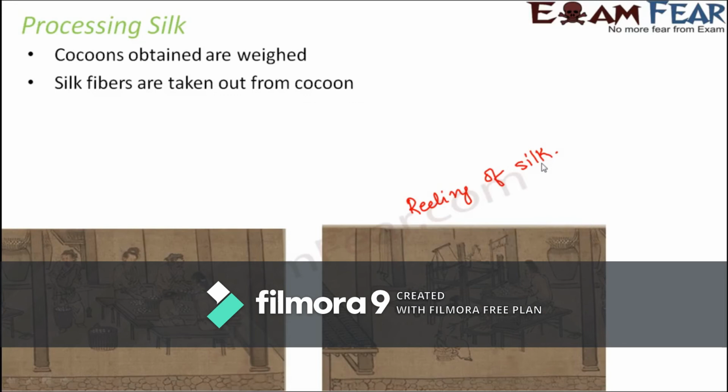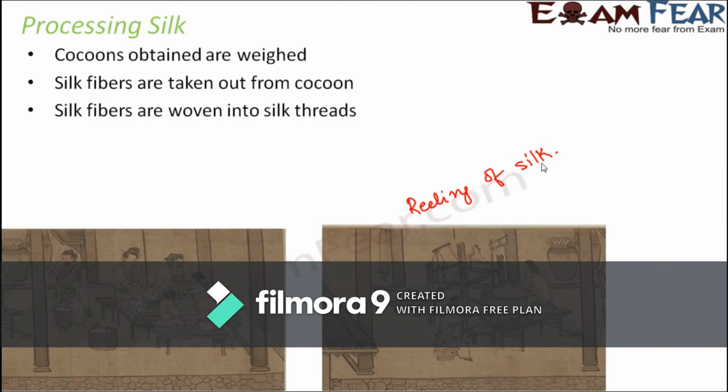The cocoon is being exposed to the sun, or to steam or water vapor, and what happens is the fibers tend to separate. That's how you get separate individual silk fibers, individual thread-like structures, by exposing the cocoon to a little bit of high temperature, either in the form of sun or in the form of water vapor. Now once you get the silk fibers, you are almost done.